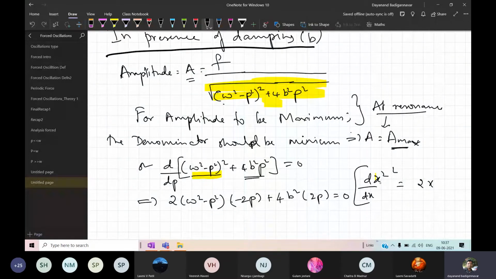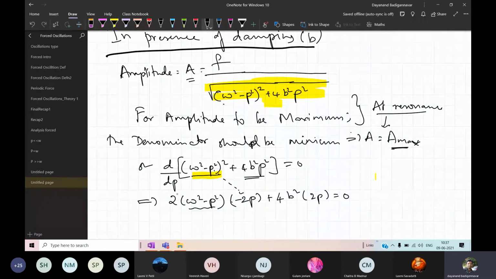Now after that you have the terms inside this x. If you take this as x, it gives you 2x. But here x has some internal terms, p square also. So when I differentiate omega square minus p square, the inside term, the first term is a constant and the second term is minus p square. If I differentiate the second term, I will get minus 2p. So don't worry, this is correct. If you have any doubt, after the class I will help you. But as of now, it is correct.